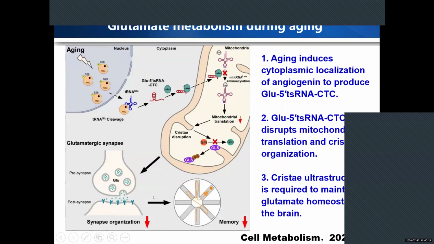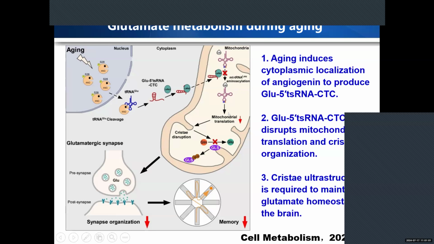So finally, let me spend a few minutes to summarize this part of the work. During brain aging, we found a key enzyme called ANG. Normally, it's phosphorylated inside the nucleus, but in the aging process, it gets dephosphorylated. Then dephosphorylated ANG can transfer to the cytosol and cleave a glutamate tRNA. The tRNA fragment transfers to the mitochondria and competes with LARS2 for the aminoacylation, especially leucine aminoacylation,